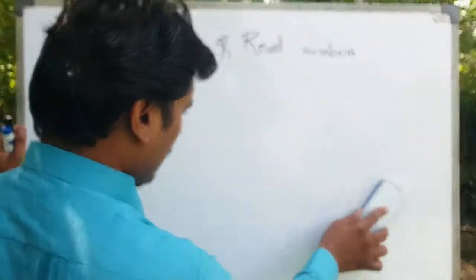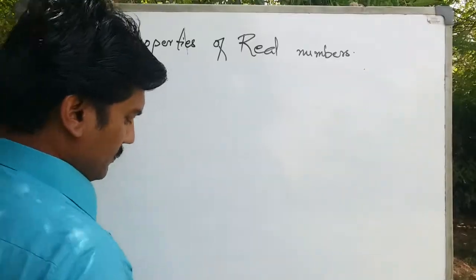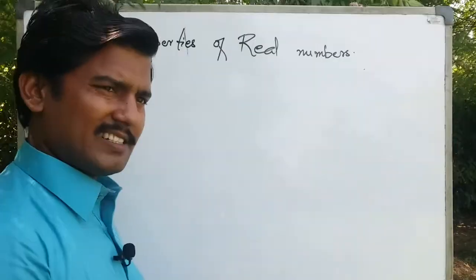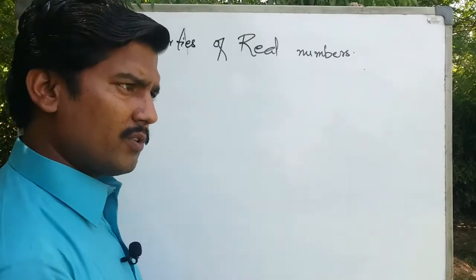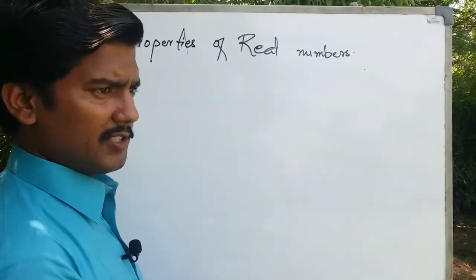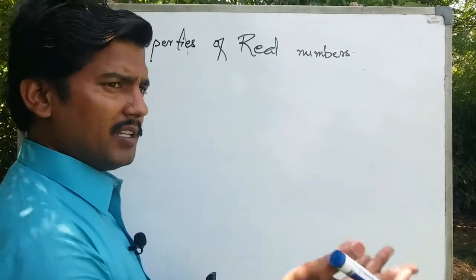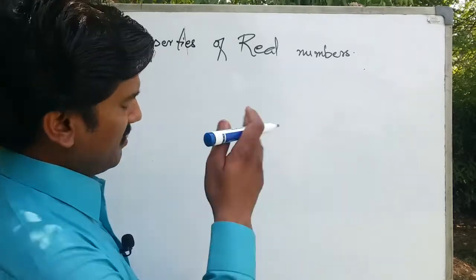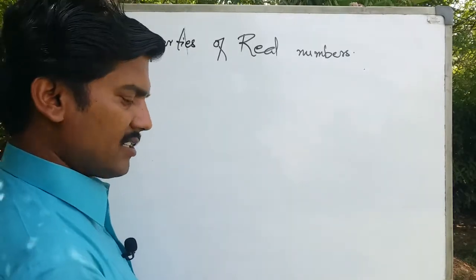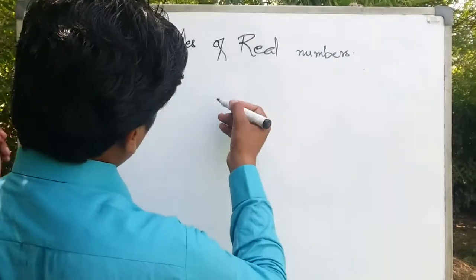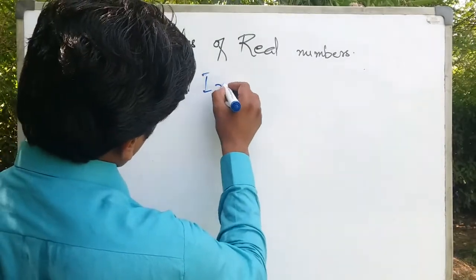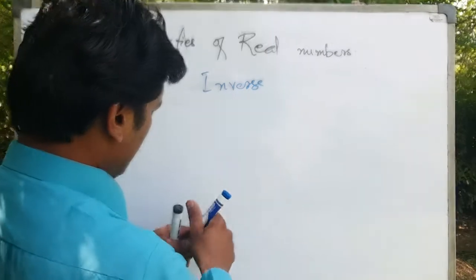And then we have inverse. Many sets do not have inverses, like set of natural numbers. In set of natural numbers, if a number is plus 4, then its inverse with respect to addition is minus 4. So minus 4 does not exist in set of natural numbers. So we will say the set of natural numbers has no inverse. So inverse is the element